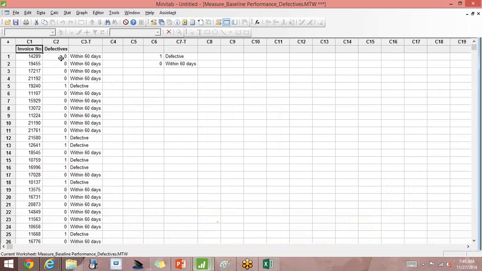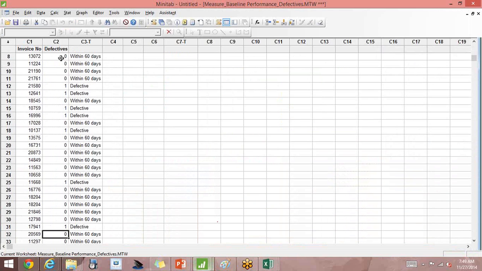All I need to do is, one means defective, right? It's clearly mentioned, one is defective. So I'll have to calculate how many ones are there. 2, 3, 4, 5, 6, 7, 8, 9, 10, 11, 12, 14.